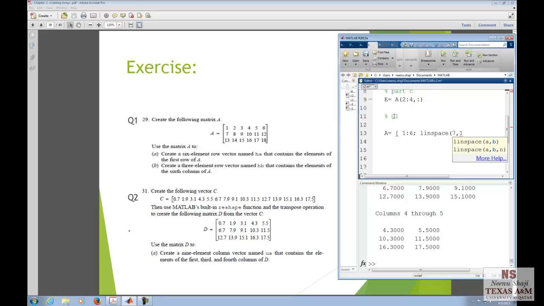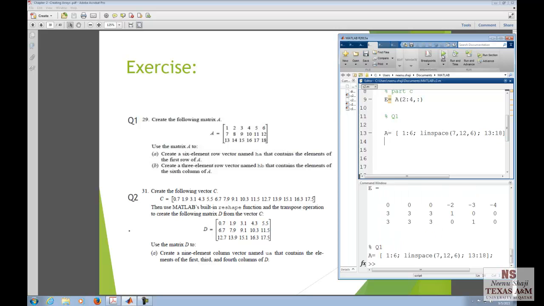First element is 7, last element is 12, and in total we have 6 elements. And the last row 13 to 18. Let's run that and check if it's okay. Now part A,